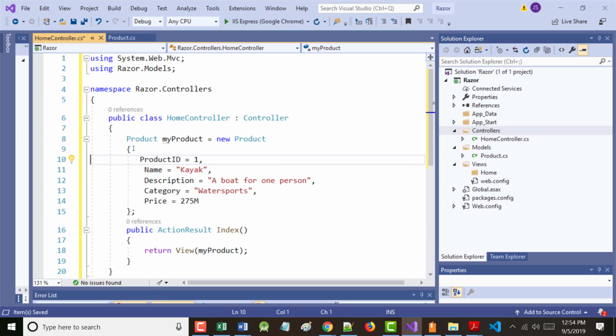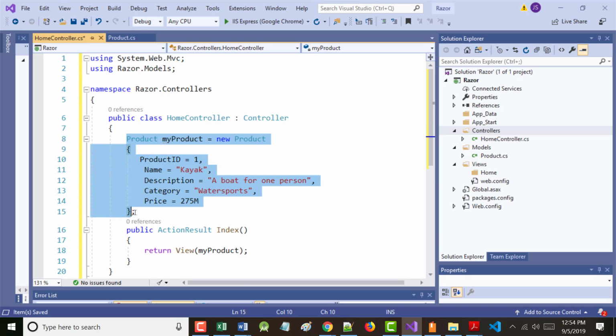So what are we doing? We're using that object initializer that we talked about yesterday. We're using that right here, and we're creating a new product. Notice that every product has an ID, a name, a description, a category, and a price. I've mentioned this to you before, but I'm going to keep harping on a lot of the same stuff.